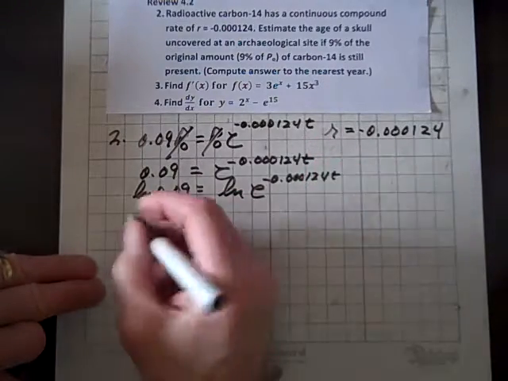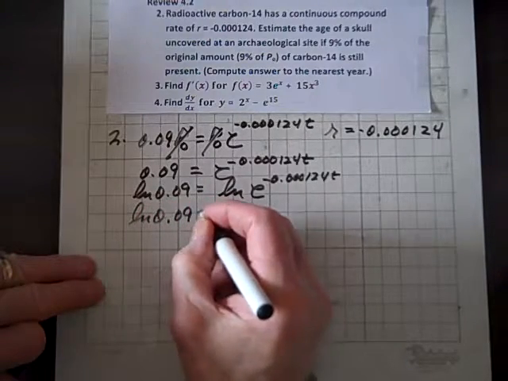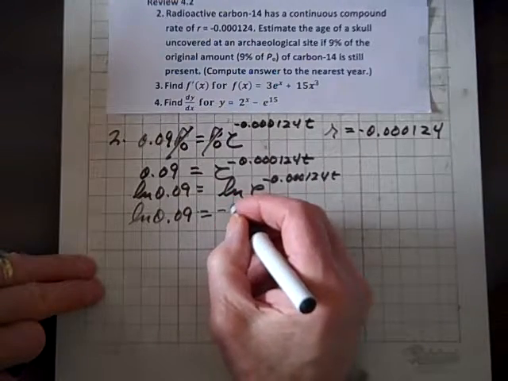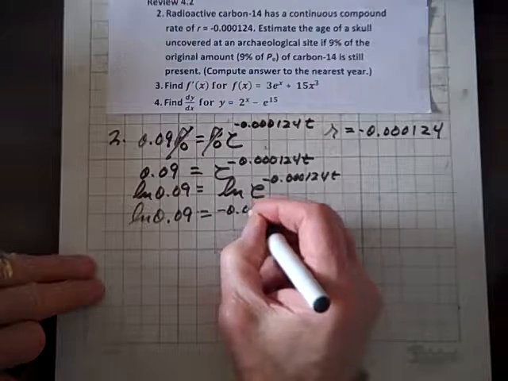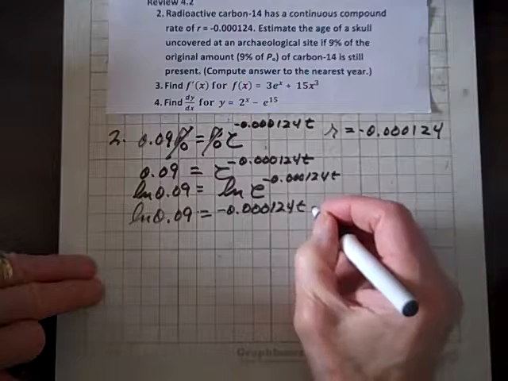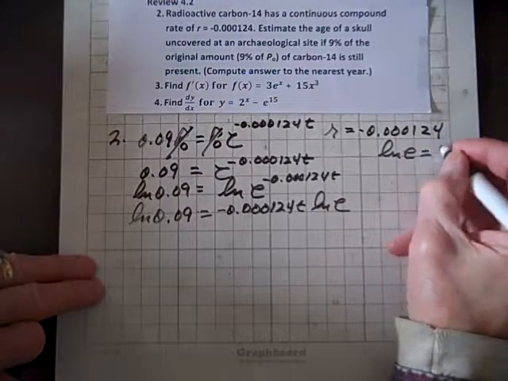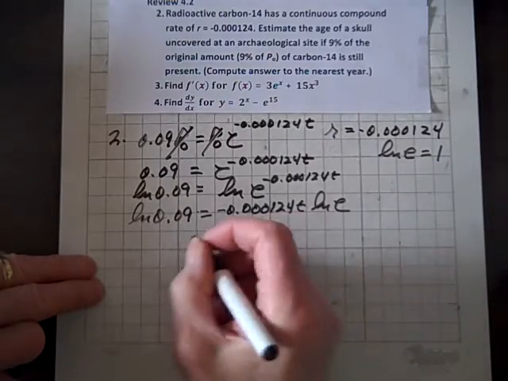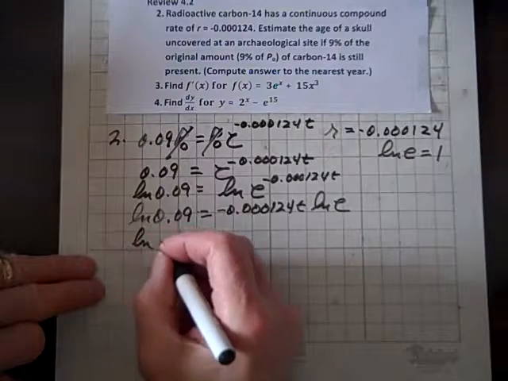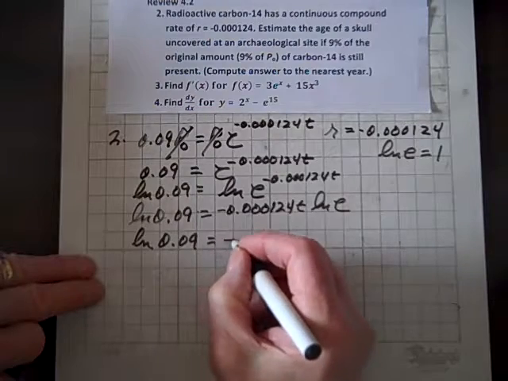0.000124t. So ln of 0.09, by the law of logs, we know we can take the exponent, put it in coefficient position, negative 0.000124t, ln of e, but ln of e equals 1. So therefore, this is just 1 times this, so we get ln of 0.09 equals negative